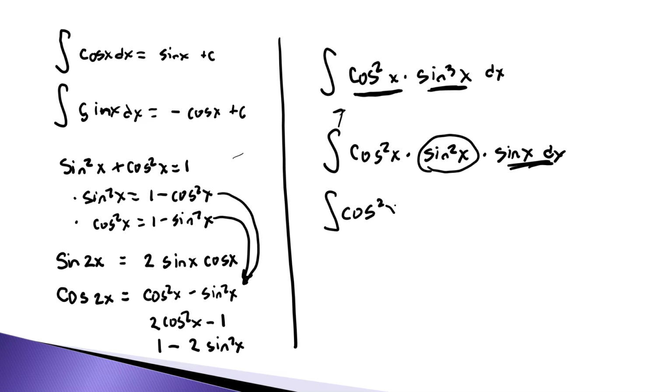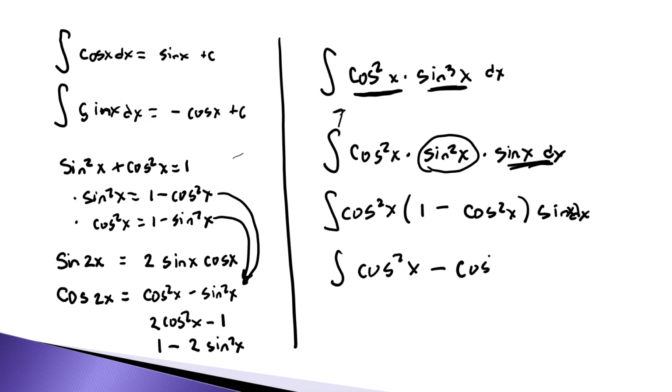So there's my cosine squared of x, and this is 1 minus sine squared of x. Oh, excuse me, 1 minus cosine squared of x. Let me fix that. Times sine of x dx, and this becomes cosine squared x minus cosine to the fourth of x, all times sine of x